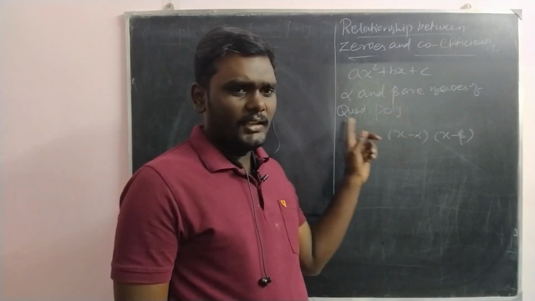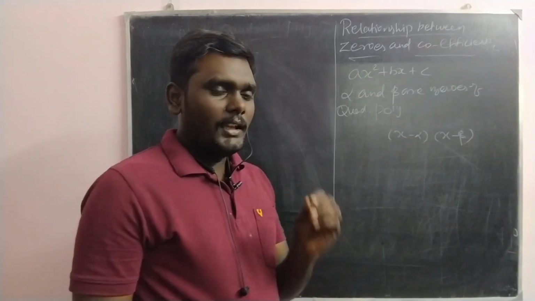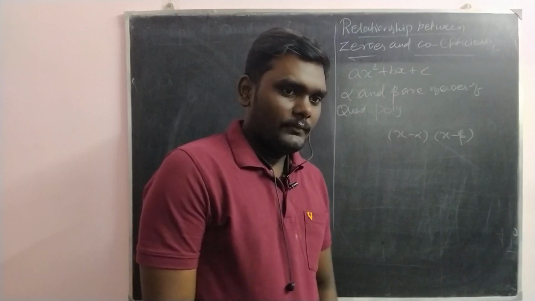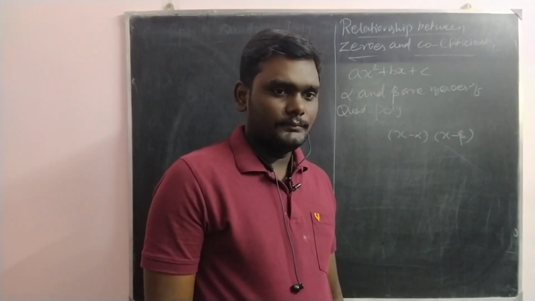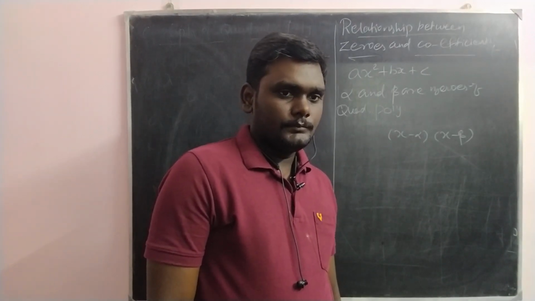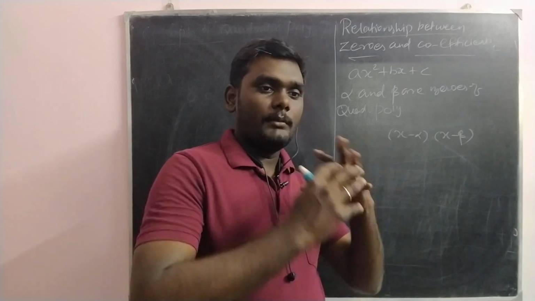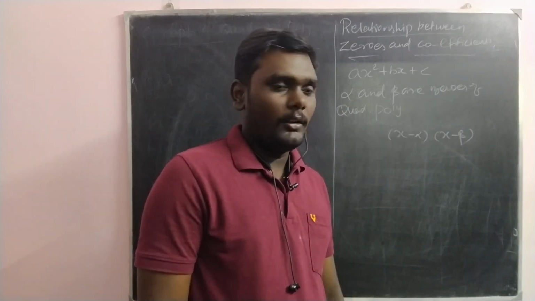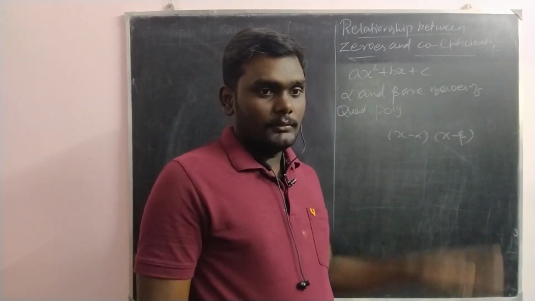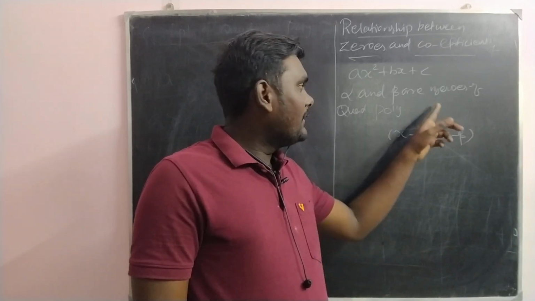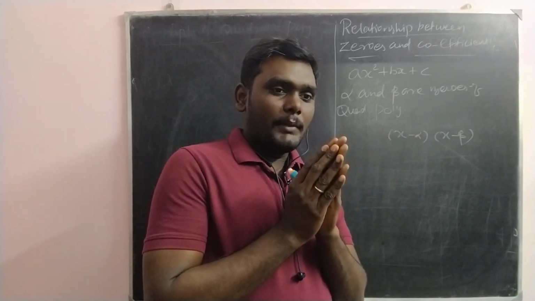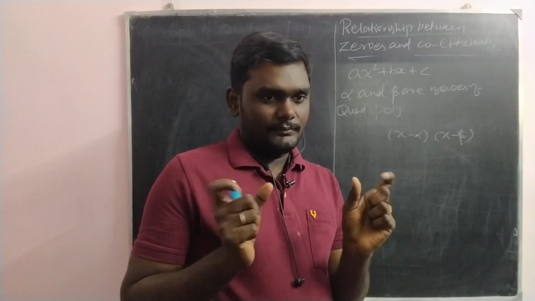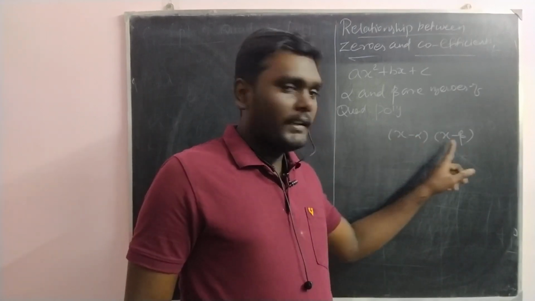Why alpha beta here? What is this alpha beta and all? They are nothing but alphabets, like Greek and Latin alphabets. They are from different languages because those people derived all those things. That is why they use their own. Okay. Here, when they say zeros, it can be represented as linear factors consisting of x minus alpha and x